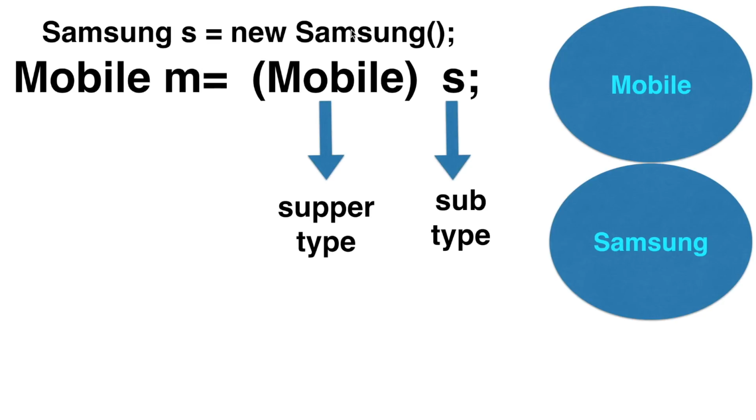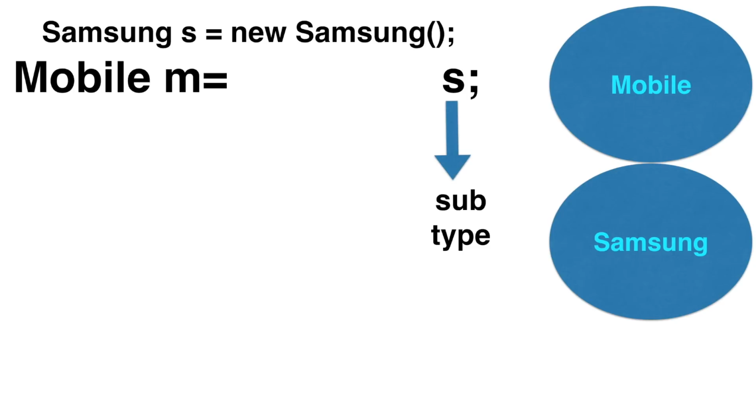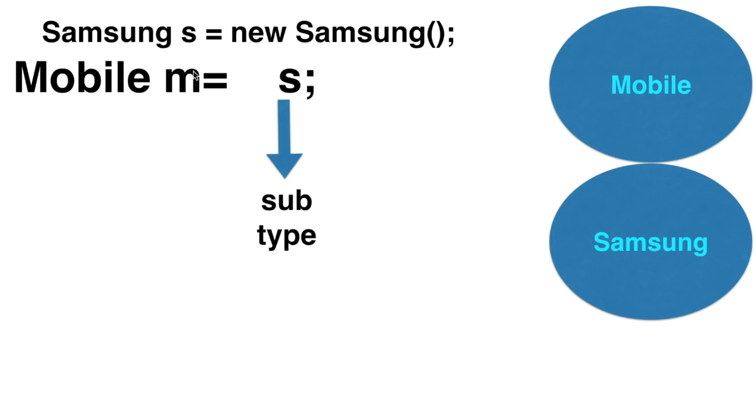So as we go further in this tutorial, we're going to understand upcasting is safe, upcasting is natural, upcasting is implicit. We don't need to cast it explicitly like this. Okay, it's fine if we're doing it, but as a developer we shouldn't do it because this is implicit. Okay, it can happen automatically, so as a developer we shouldn't write it, to save our time. So let's remove it. So right now I can move this S to here, right? So now this M, which is supertype, is directly holding the subtype reference because this is natural. I don't need to do it